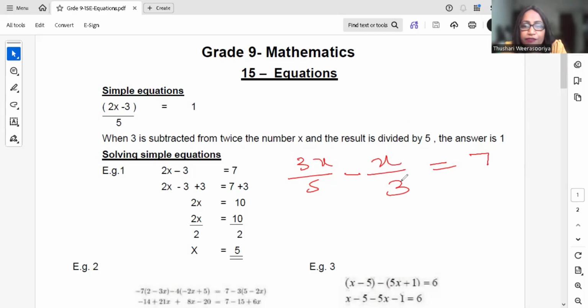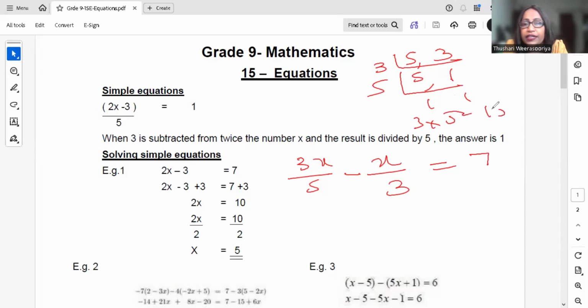To remove the fraction form, you get all the denominators. 5, 3, actually there is no denominator. There is 1, no need of taking 1, right? Take all the denominators, 5 and 3, and find the LCM. I assume you know how to find the LCM. In grade 7, we did a lot. They divide by 5, 1, 1. 3 times 5, 15. You multiply every term by the